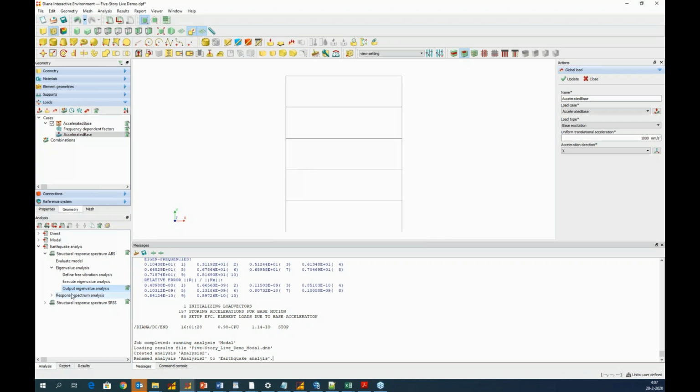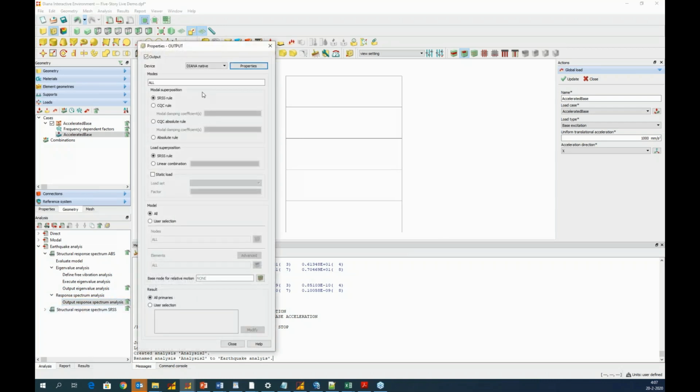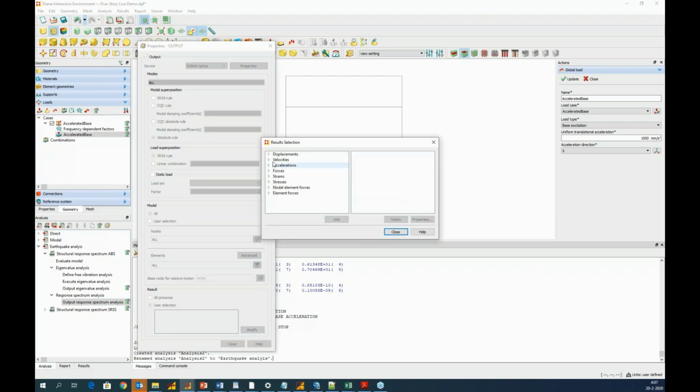Then for the response spectrum, I just need to specify the output, and it will be based, as we mentioned, on the absolute rule. And we are going to make a selection of results. We ask for the displacement, the residual force, and the Cauchy stresses.